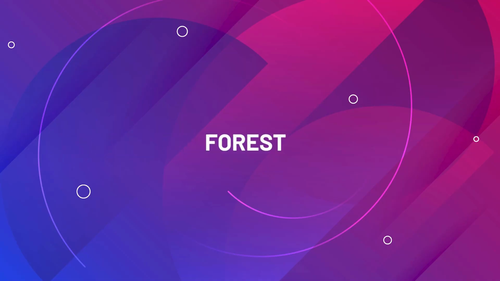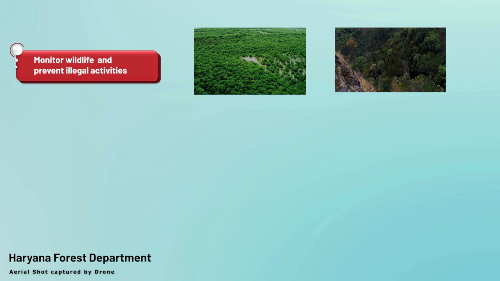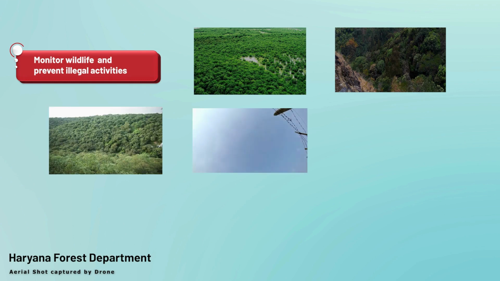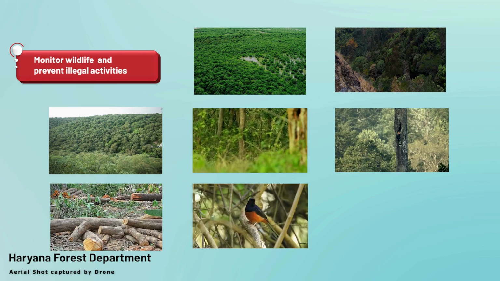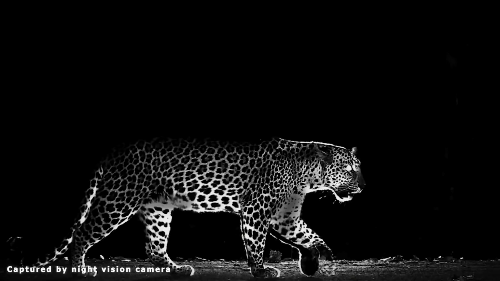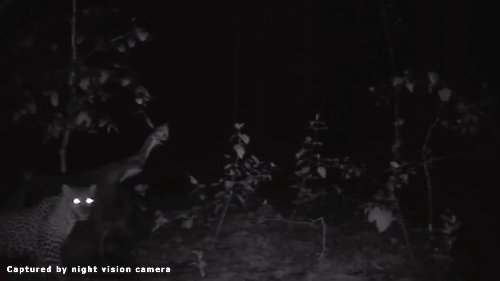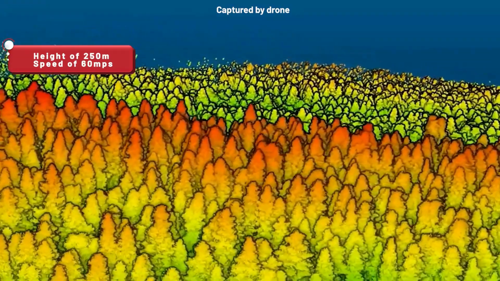We also have forest. The Haryana Forest Department has inducted 2 drones to monitor wildlife and prevent illegal activities like tree cutting, encroachment, and road construction in the Aravali Range. The drones are equipped with night vision cameras and flown up to a height of 250 meters with a speed